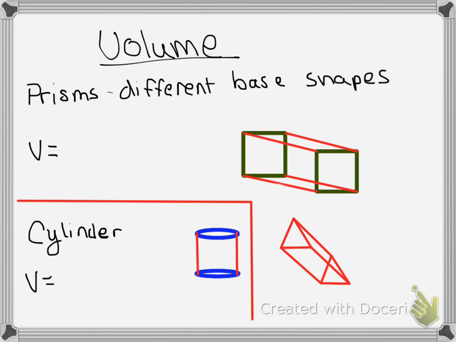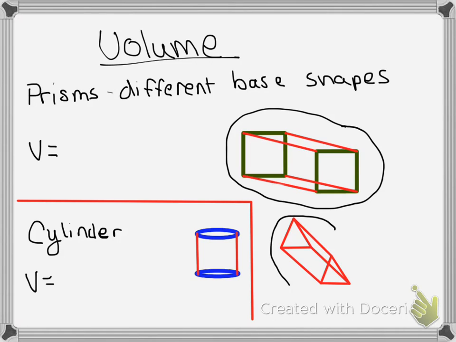So the first thing that we're going to talk about is the formulas for how to find the volume of prisms and for cylinders. So prisms are something that you've seen before. You can think of it as a box. But the big thing you need to know is that prisms can have different shapes. So here you have a rectangular prism, but down here we have a triangular prism. So the volume is going to be different depending on the shape of the base. But to make it somewhat easier on you, I'm going to give you one formula for how to find the volume of all prisms. The volume is the area of the base